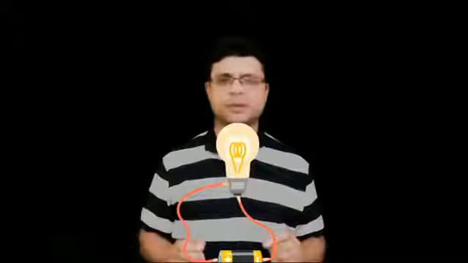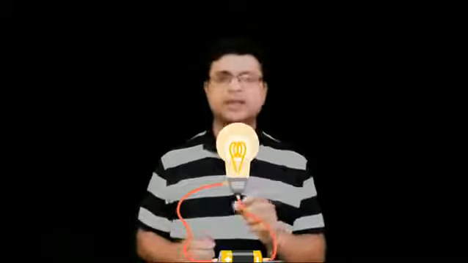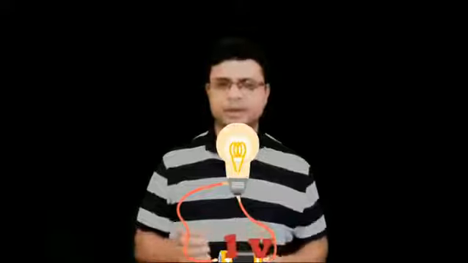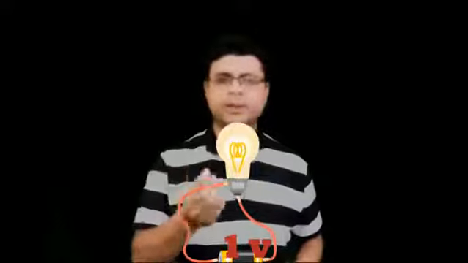Alright, let us start with an interesting activity. We take a bulb and a battery is connected across the bulb. Initially let us take the potential difference of the battery to be 1 volt. Then what happens to the bulb? The bulb glows. Then we increase the potential difference of the battery, say to 2 volt.